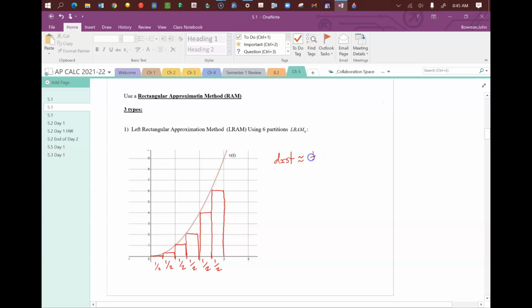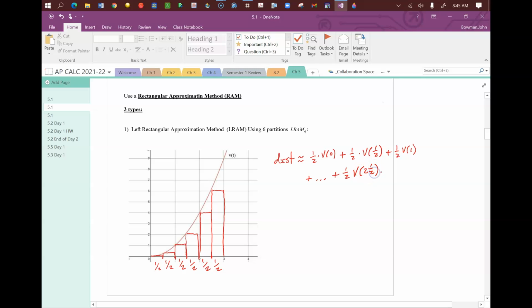So 1/2 times v of 0 plus 1/2 times v of 1/2 plus 1/2 times v of 1, and so on, until we get to 1/2 times v of 2 and